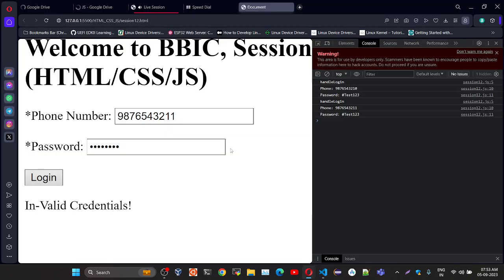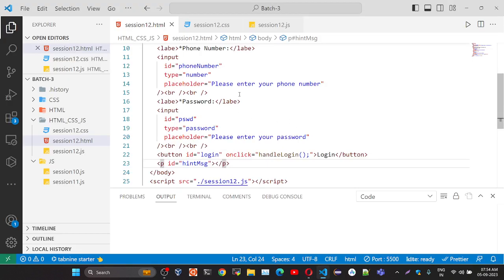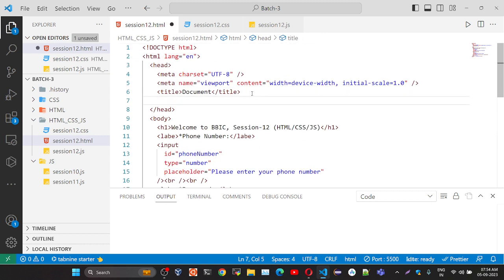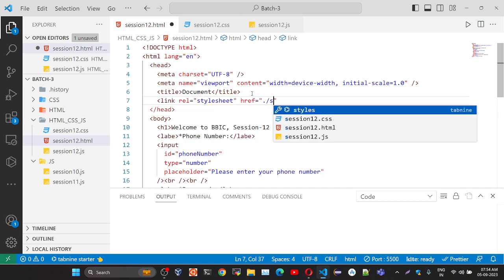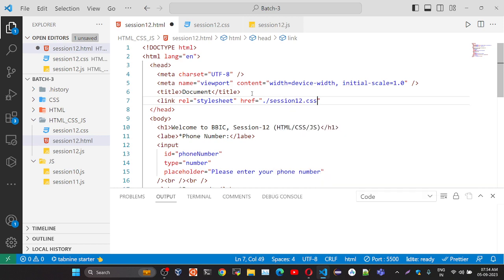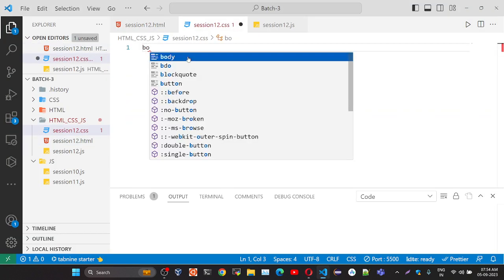Okay, so based on this you can have multiple uses, not only for the login, not only the HTML content that you can control, and also you can manipulate the CSS as well. Okay, now for example, let's give some CSS here. Body,